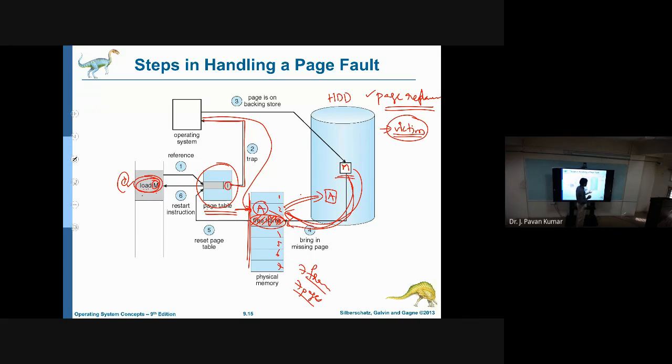There can be several strategies, like you can select the page we placed into physical memory last, or first, or some other logic you can apply to select the victim page. Once you select the victim page, it will be swapped out and the required page swapped in. That is the strategy here. So now we have several page replacement algorithms. We will see them one by one, and the pitfalls of each, in today's class. Is the context clear to you?